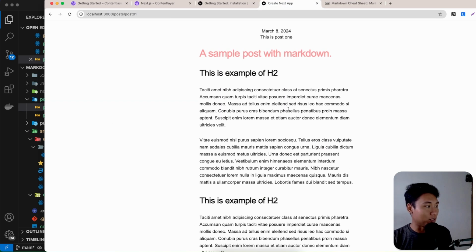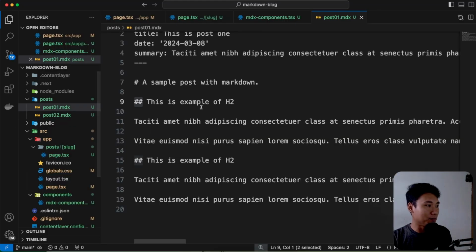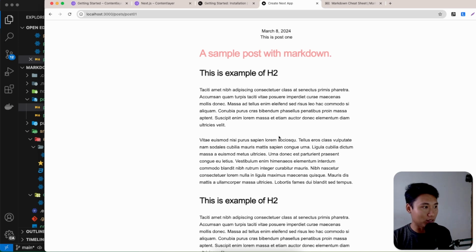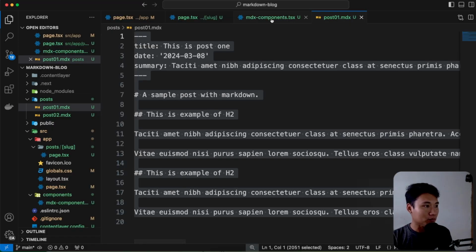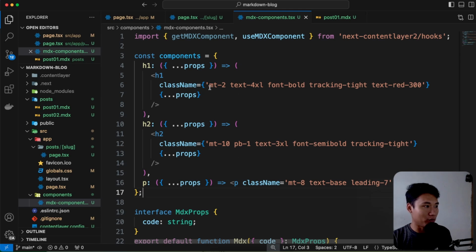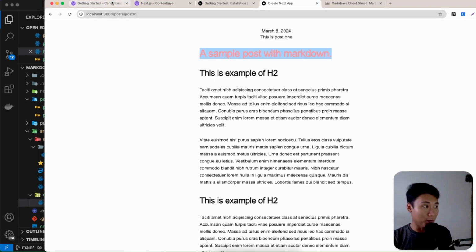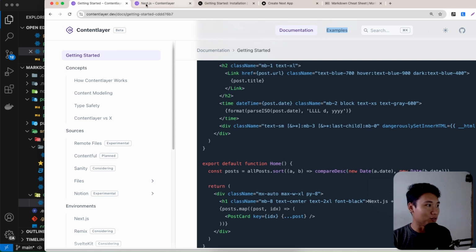All right, I think we're done, right? We learned how to use this markdown to make this beautiful blog post, as you can see, and also showed you how to style that in this MDX component right here. Okay, and also if you want, maybe in the next video, we are going to learn how to use,